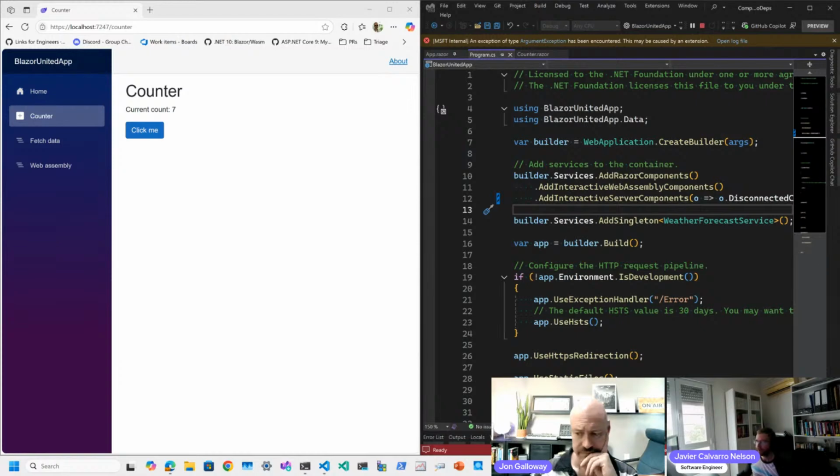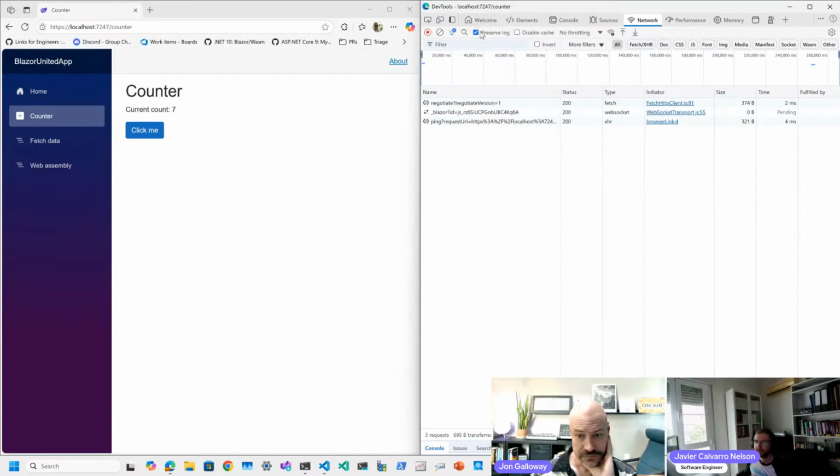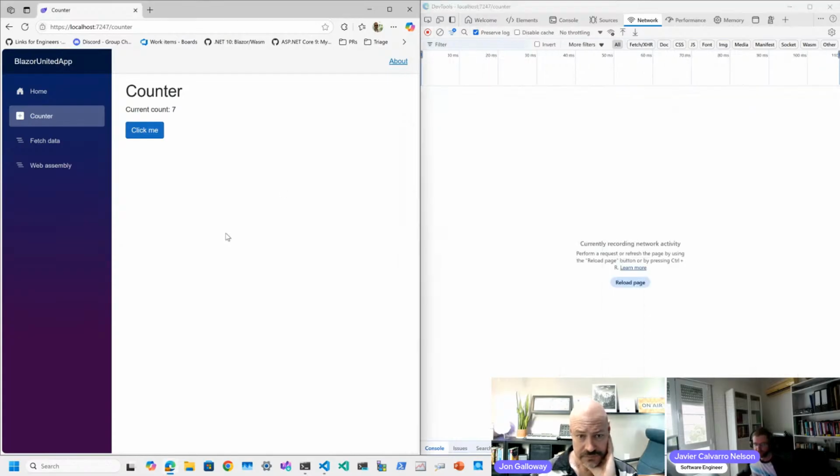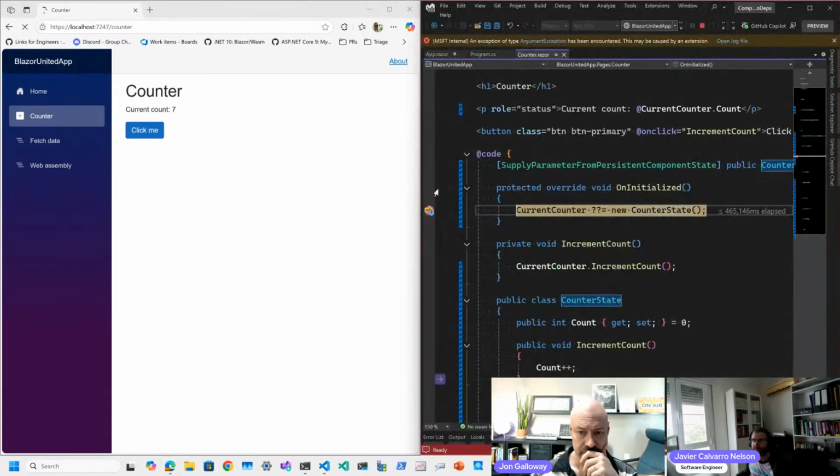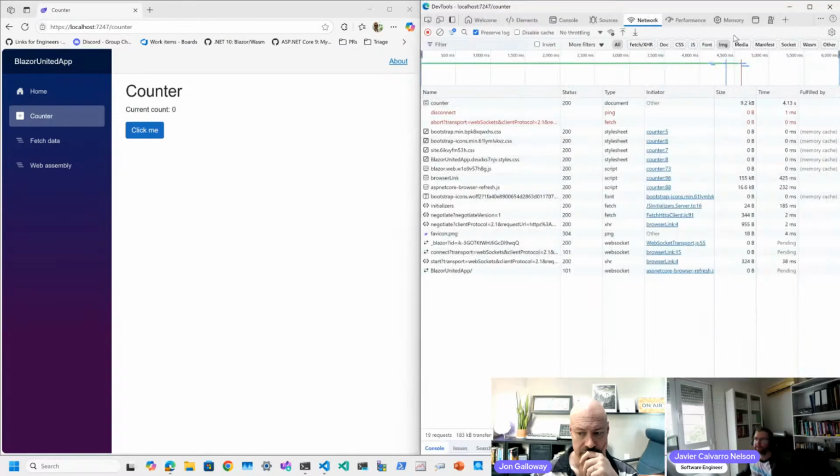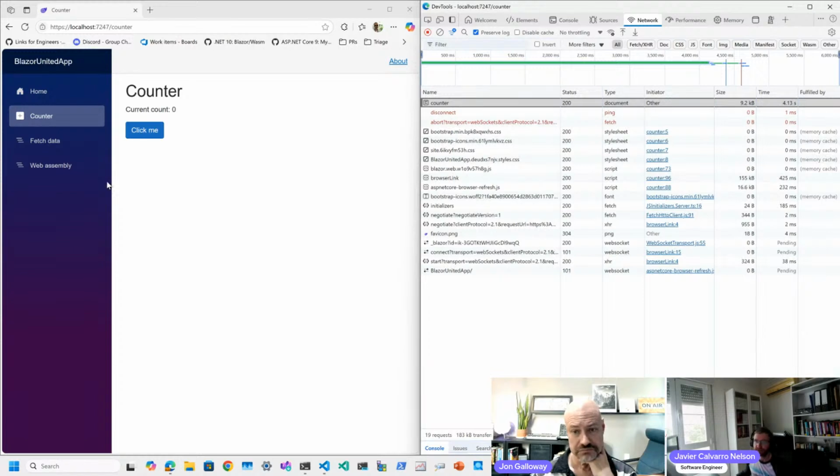So the way I think about it is as follows. Let me just bring back the dev tools. I'm just going to clean this up and refresh the page right now. Let me just remove that breakpoint from there. Okay, so the way I think about it is that this page is around 9.2K, and this is pre-rendering. So the way I would think about this is I would measure the size during pre-rendering